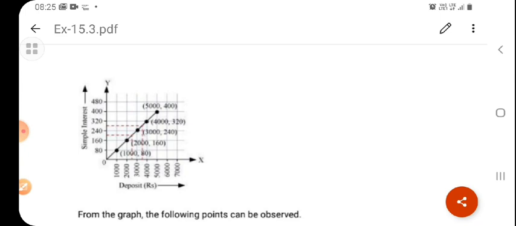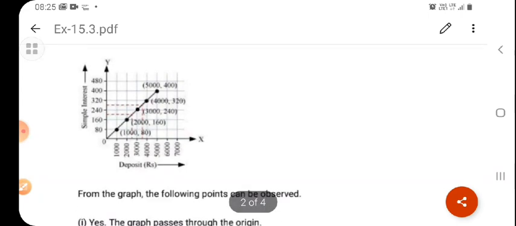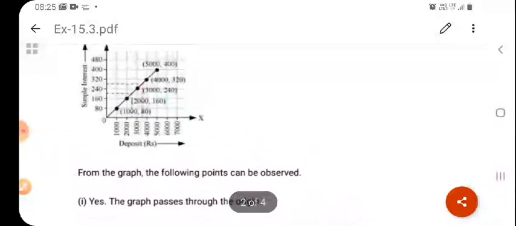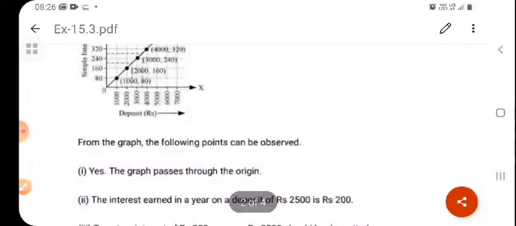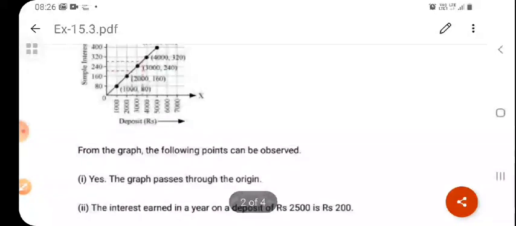1000, 80 is the first point. Second point is 2000, 160. Okay, x and y coordinates. 3000 and 240. We'll plot the points and join the lines, and this is the graph for the C part. Okay, this graph passes through the origin. Yes, the first question is whether the graph passes through the origin, and the second part asks about the